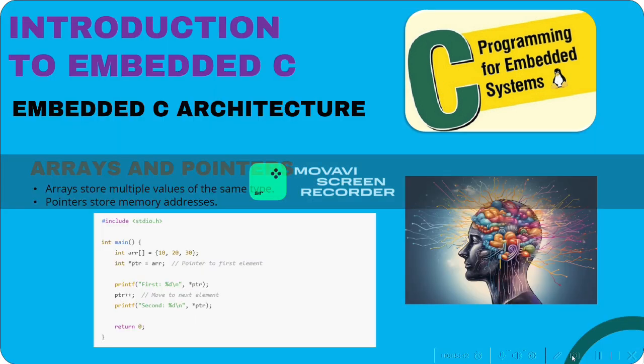Structures and file handling. Structure stores multiple variables of different types, and file handling allows reading or writing data to files. While we write the data, file handling can be done by reading or writing. Reading means we can read the data in the code, and writing the data means it will